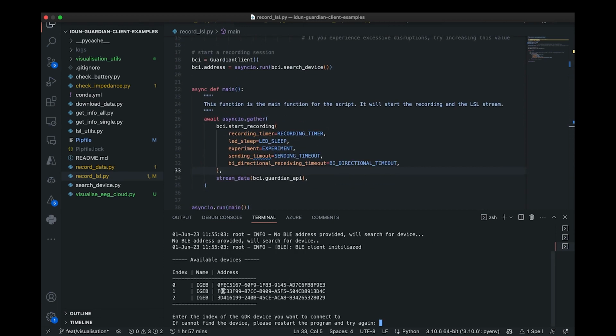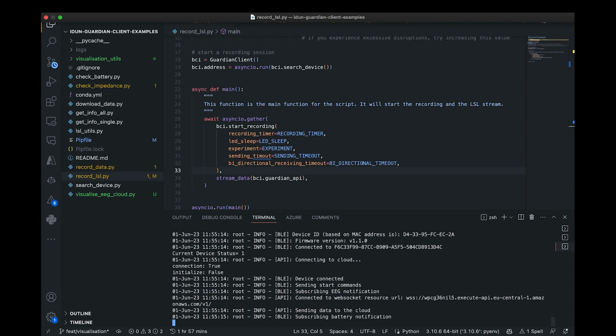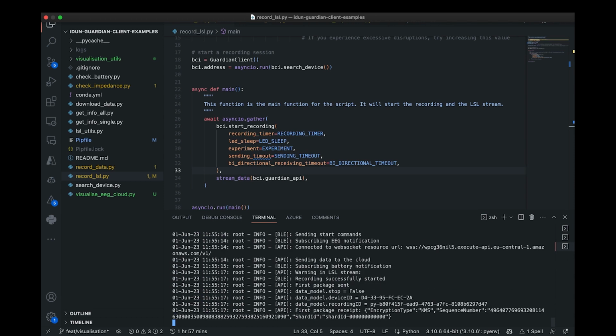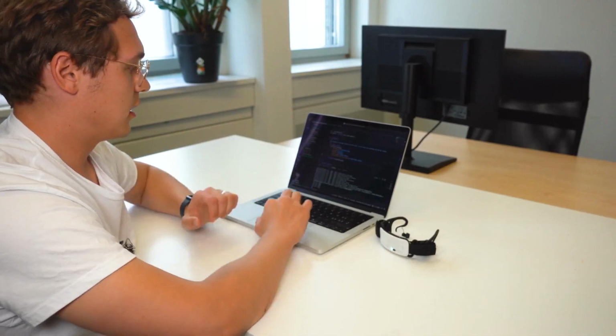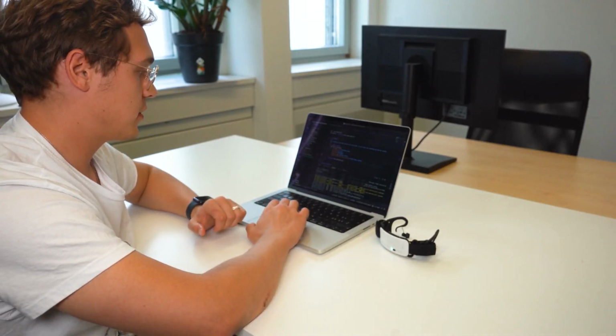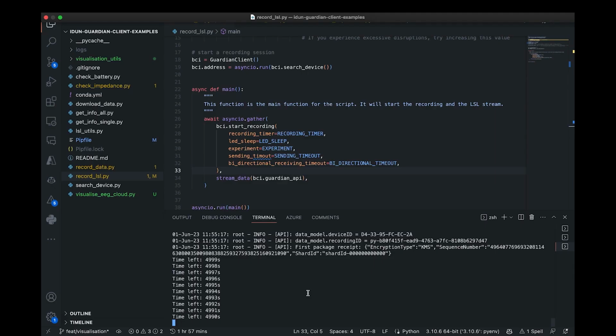So again, it's connecting, it sees all the devices. I am now device number 1. You see it's subscribing, it's connected, it's blue. Great. And because I'm running the LSL script, so these are all outputs from the LSL, we know that